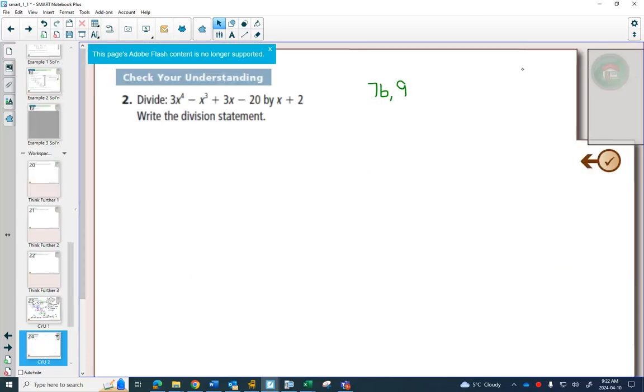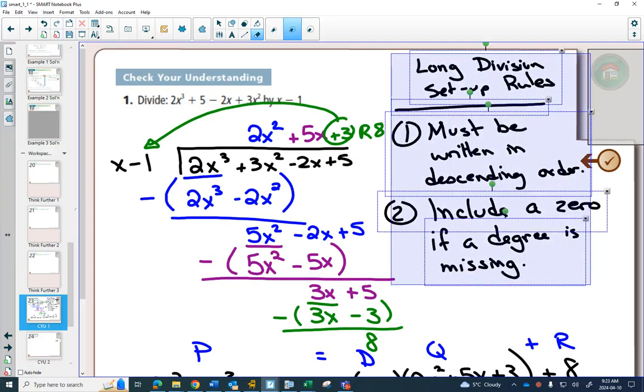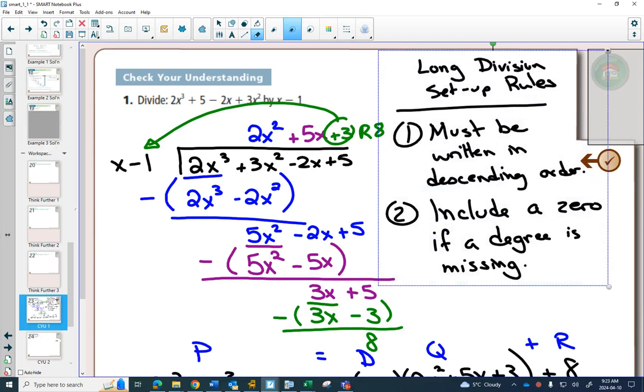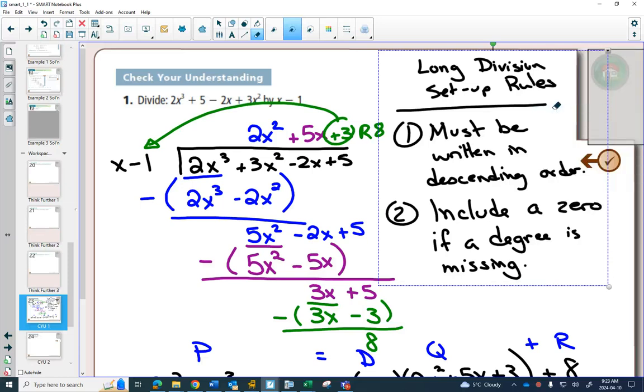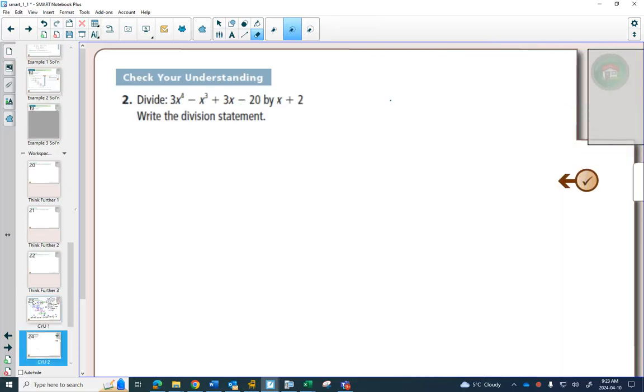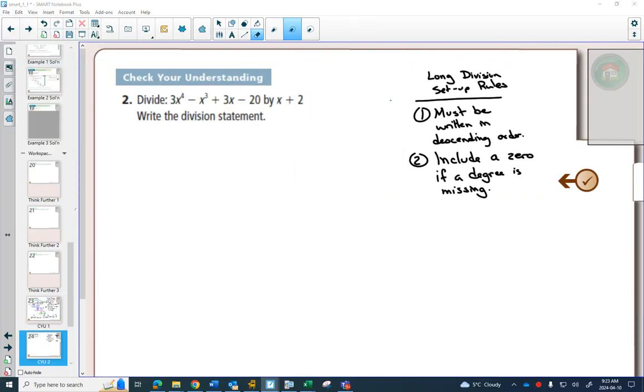All right, example 2. Okay, I'm going to steal the steps here from example 1. I'm going to paste them on. And I better stop the first video